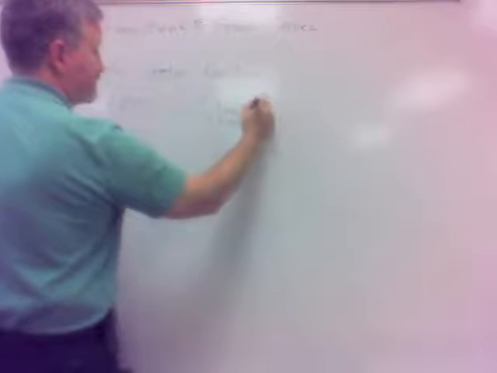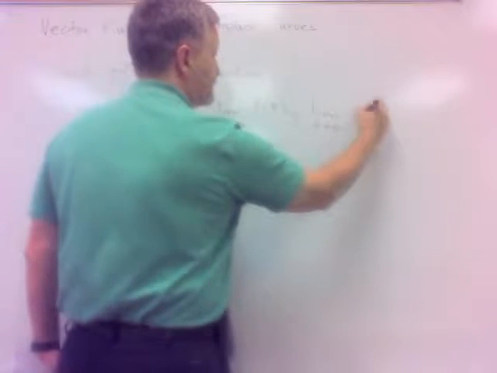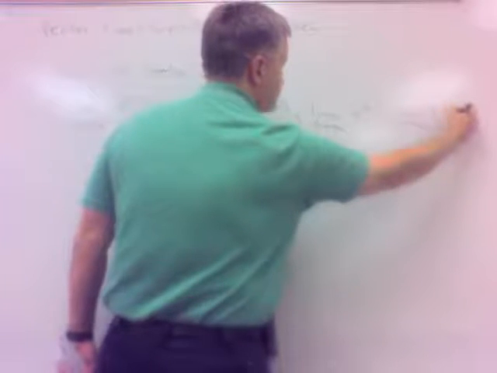If you do the limit as t approaches a number a of a vector function, then the good news is you just do the limit of each component part. Limit as t approaches a of f of t, then you do the limit as t approaches a of g of t, and the limit as t approaches a of h of t. I could see they would have had to prove this, right? But once they've done this, it follows right from all this. So what's the limit as t approaches 0